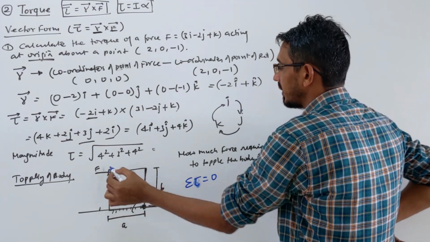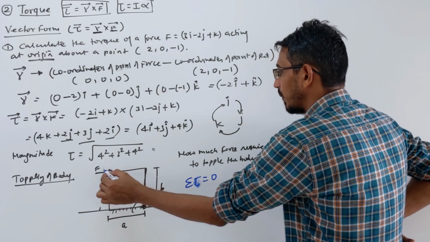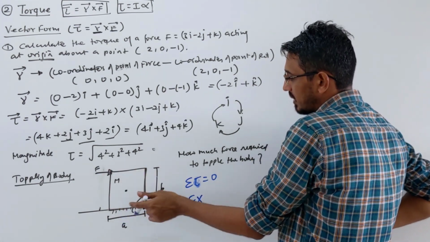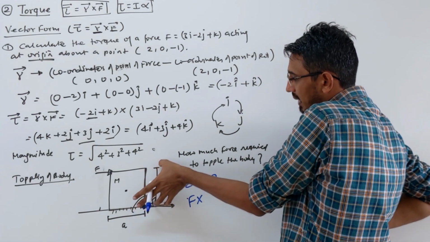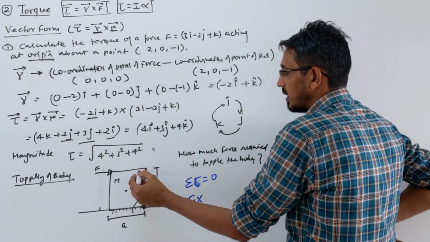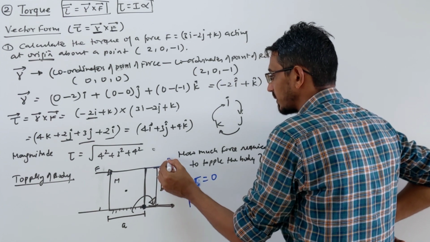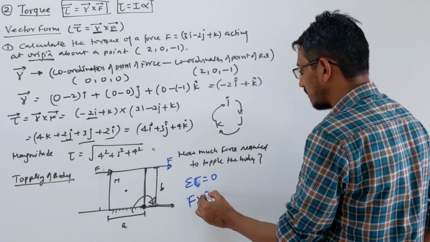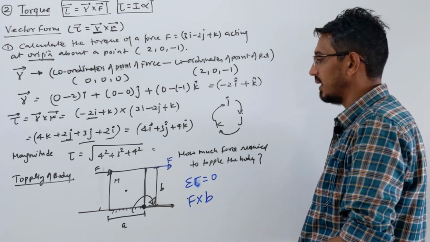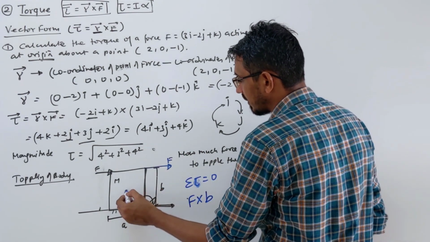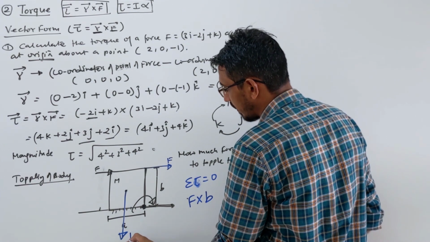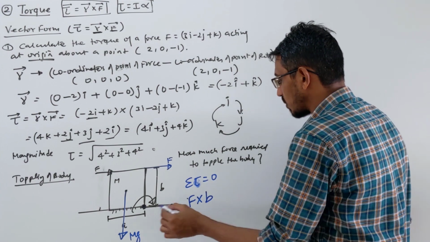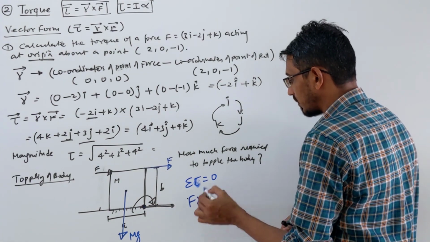So one force is this force. What is the torque produced by this force? The force is F, and what is the perpendicular distance for this force, given that this is the point of rotation? That is the perpendicular distance, this B. You can write this force here also that way. This is your force along this line, so the perpendicular distance is your B. So F into B, correct? The other torque is produced by the weight, mg, acting at this point, right? So what is the torque due to this force? This should be the net torque which we want to make 0.